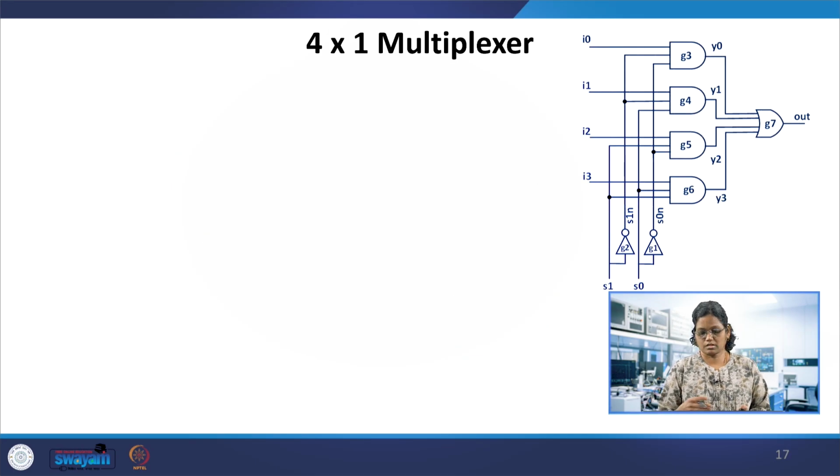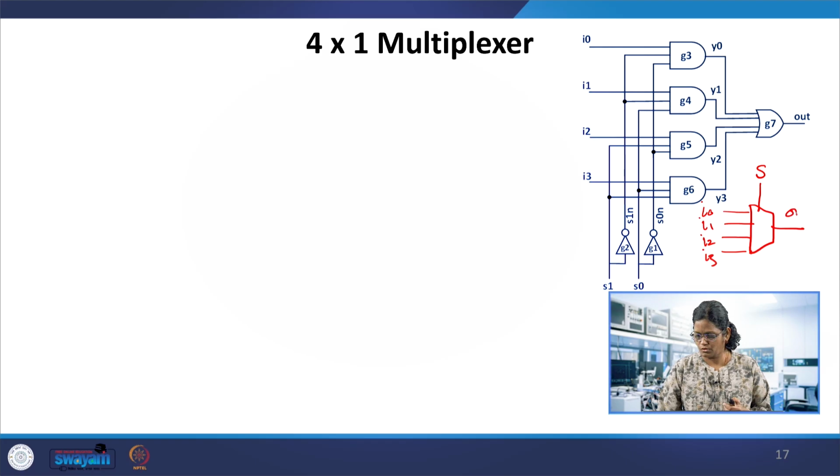So 4 to 1 mux. We can expand that 2 to 1 mux with the tri-state buffer also, and just to give a few more details of the structural model, we have taken this example. There are 2 select lines. This 4 to 1 mux can again be viewed with the select line, which is 2 bits, and 4 inputs. They can be I0, I1, I2 and I3.